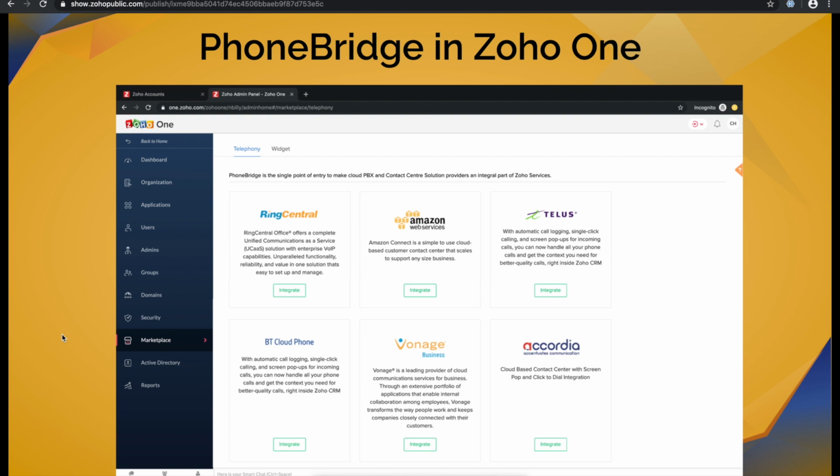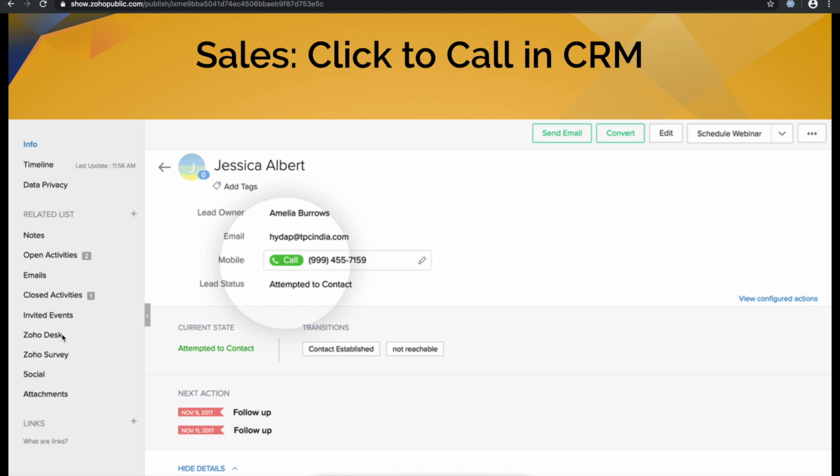We have a lot of phone bridge integrations now. Let's take the example of RingCentral. Say you set it up. Once you set it up, this is how your CRM page will look. So this green call button right in front of the number will pop up once your phone bridge integration is